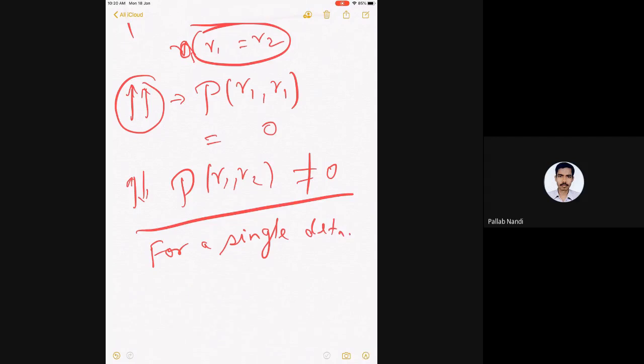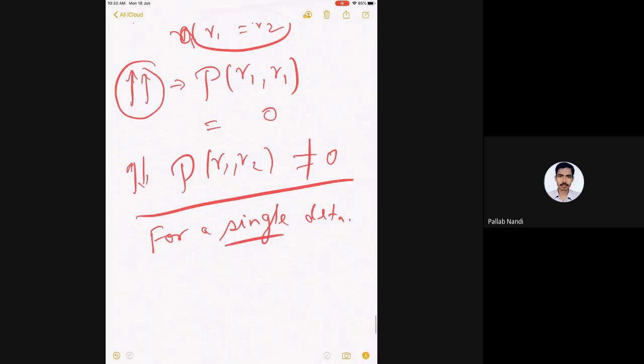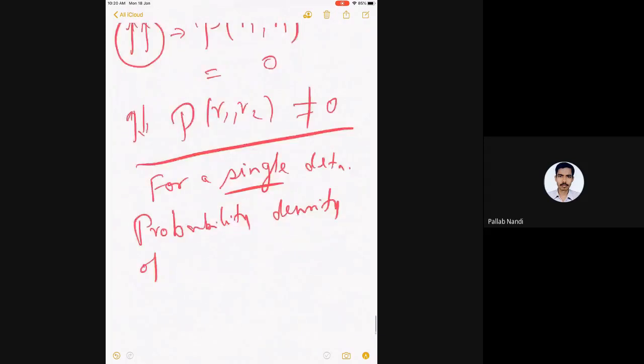Of course, it is a valid wave function, but I could have a valid wave function with two determinants, a sum of two determinants. But if I take only one determinant, what I learned is that the probability density of two particles at the same R